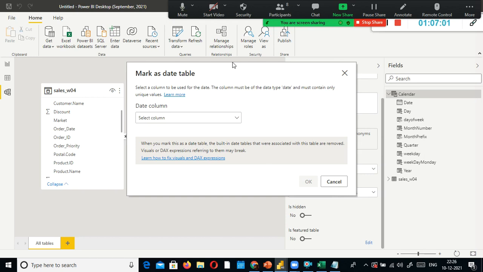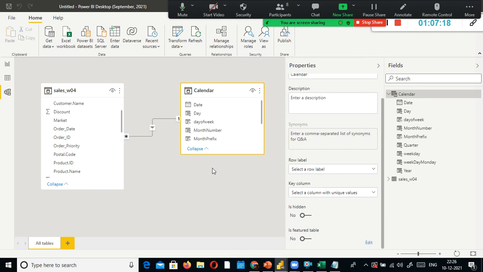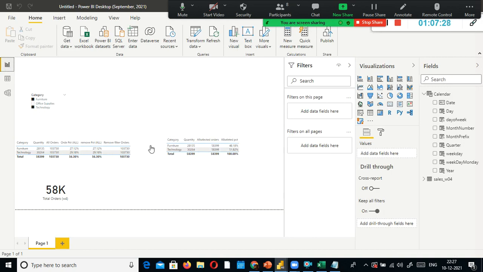Okay, we'll do some kind of year to date. Here it is asking for the date column. I just give the date column as date. Okay, done. We are done with this.